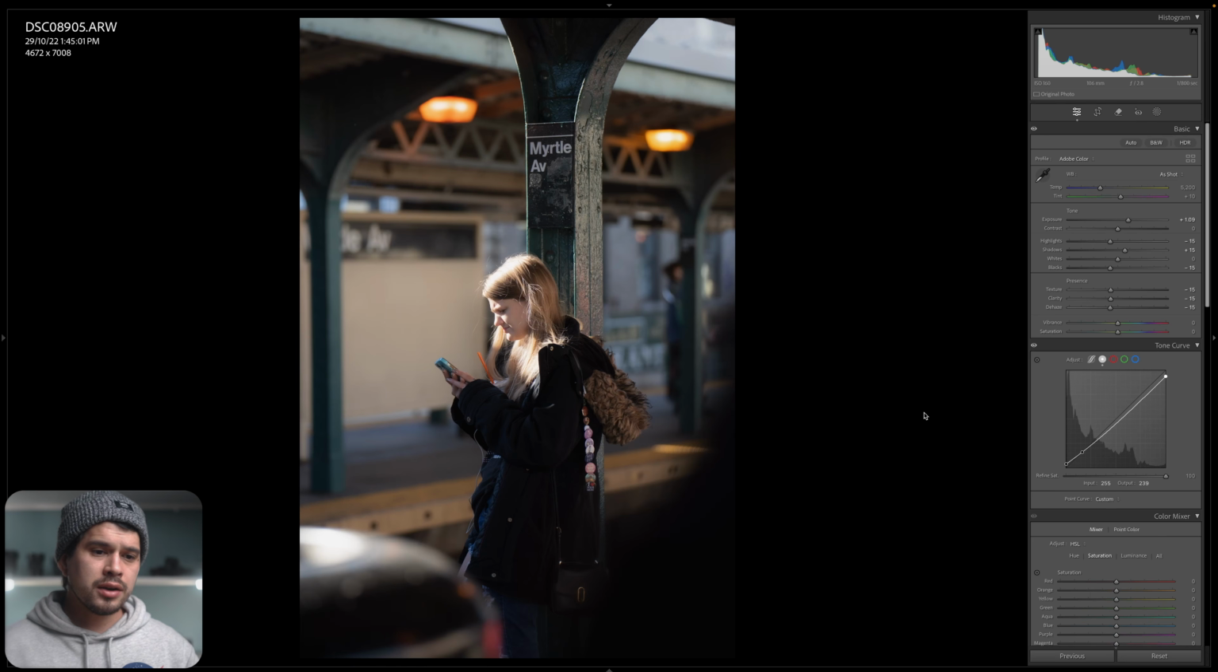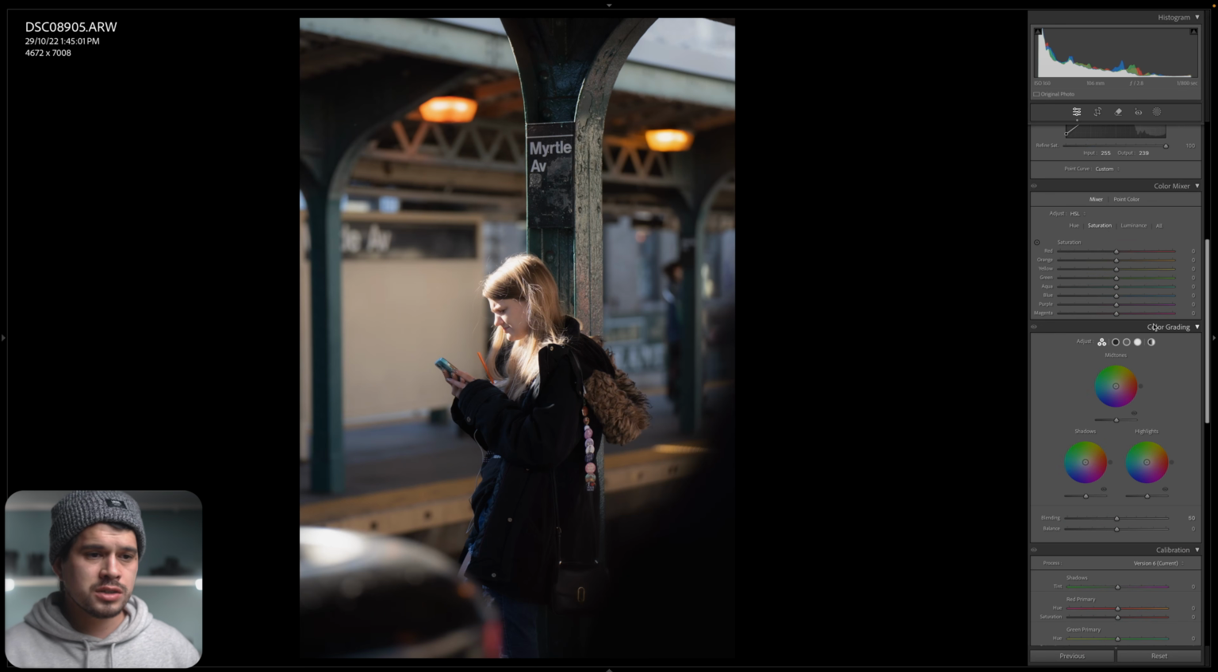So we can add it over here in a -15, a very conservative value, and then if you want to apply a bit more, you can add it with the masking tools within Lightroom. Okay, now let's move down into the color grading, and let's start off with the color mixer, otherwise known as